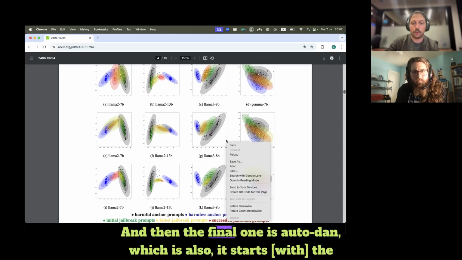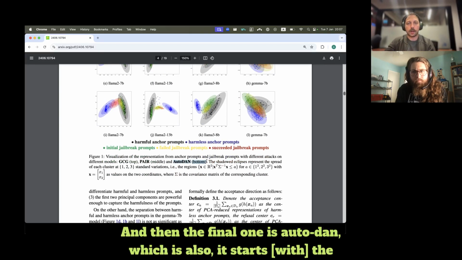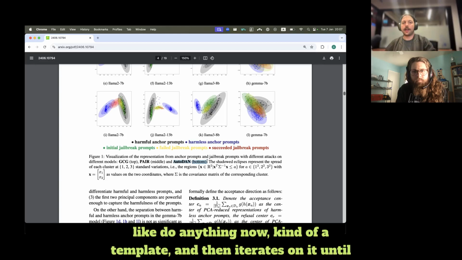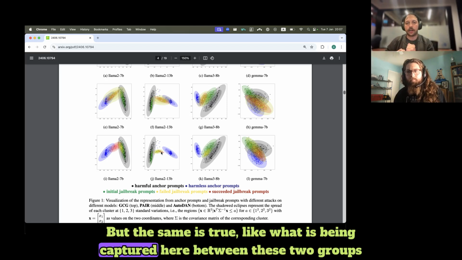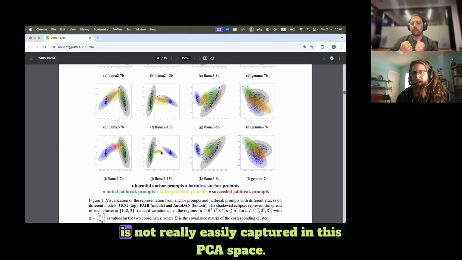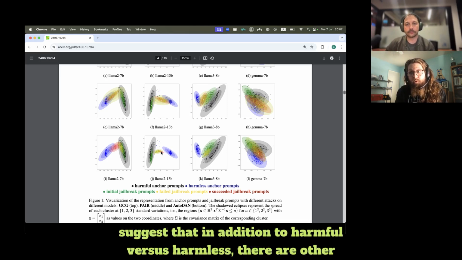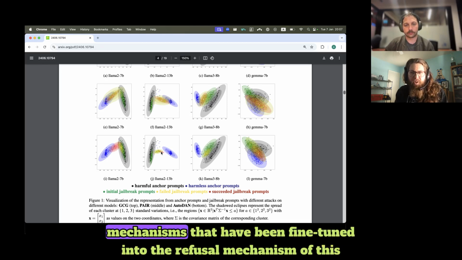And then the final one is AutoDan, which starts on the "do anything now" kind of template and then iterates on it until it succeeds. But the same is true. What is being captured here between these two groups is not really easily captured in this PCA space. That might suggest that, in addition to harmful versus harmless, there are other mechanisms that have been fine-tuned into the refusal mechanism